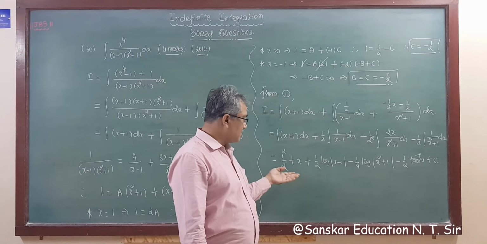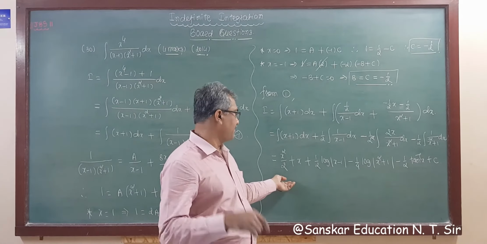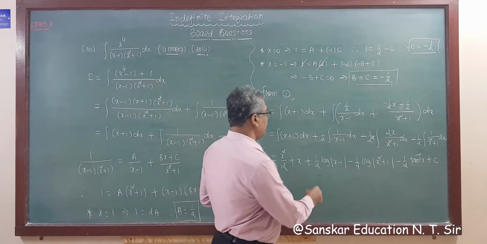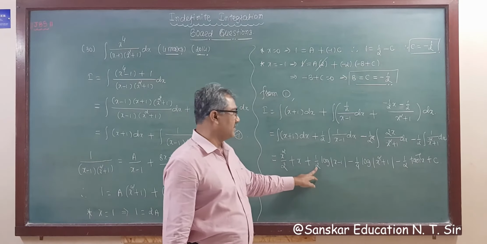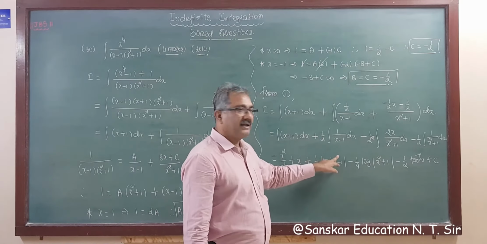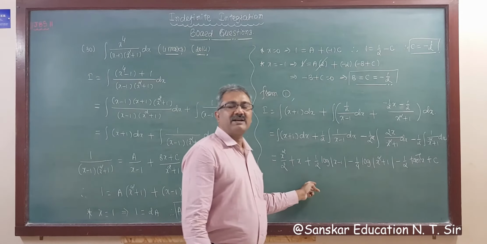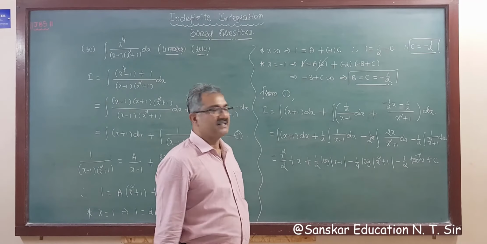Okay, this is what is given in your pamphlet, that is in the PDF, right? If you want to take 1 upon 4 common from here, then you have to multiply these 2 by 2, then you have to write log mod x minus 1 whole square upon x square plus 1, right? If you take 1 upon 4 common, but no need to simplify this.